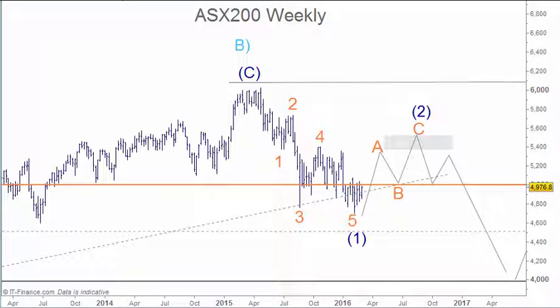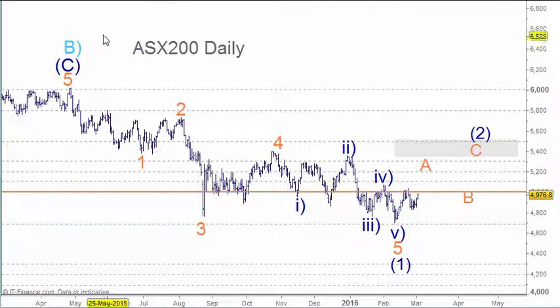So let's drill in and have a closer look at that on the daily chart. So on the daily chart, from this wave B up here, we're looking at wave 1 and 2 and wave 3 here. Wave 3 can also fit over here as well. Not that it makes any difference, because it still leaves wave 4 here. And that wave 4 there would go down for wave 1, an A and a B and a C for wave 2, down for wave 3, back for wave 4, and down for wave 5. So it does fit reasonably well. It's not the best looking sort of